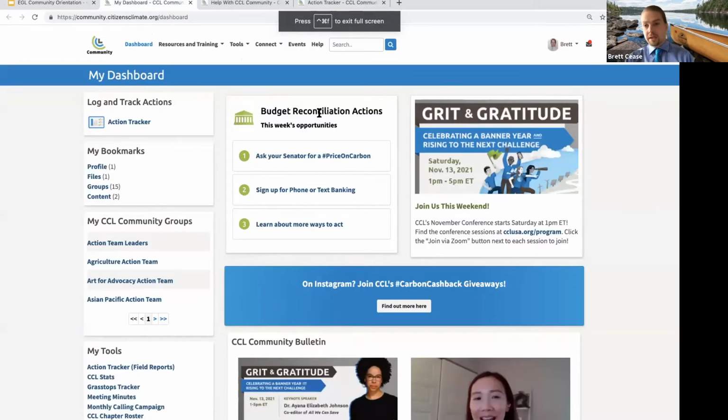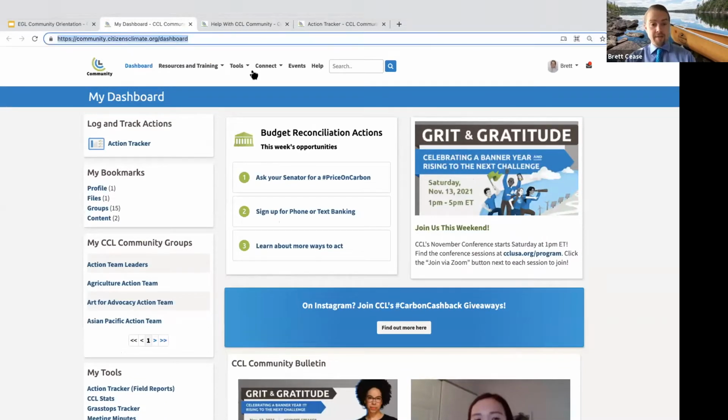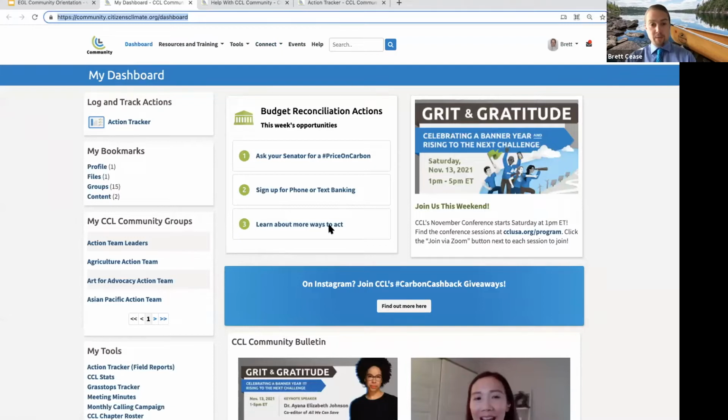So getting started, what I'd love to just highlight on that front is familiarizing yourself with the dashboard. You can see here that I have highlighted where I'm at right now, and you're more than welcome to click along with me and go in parallel screen if you go to CCL Community's dashboard. The basic premise of the dashboard is to keep you informed on one single page with the most up-to-date resources, news, and tools so that you can be the most effective and plugged-in CCL volunteer.